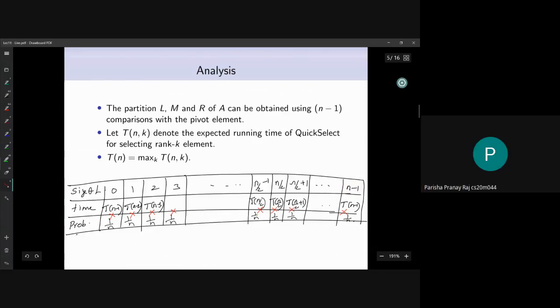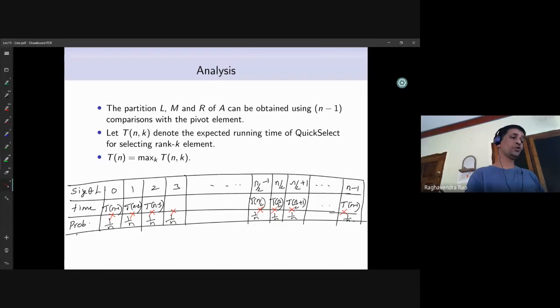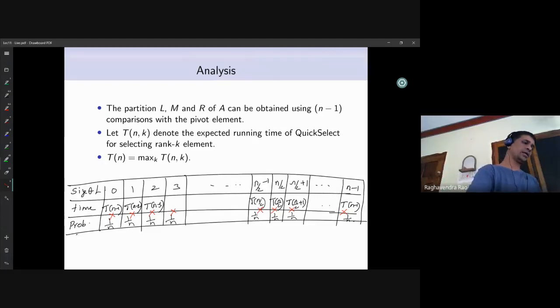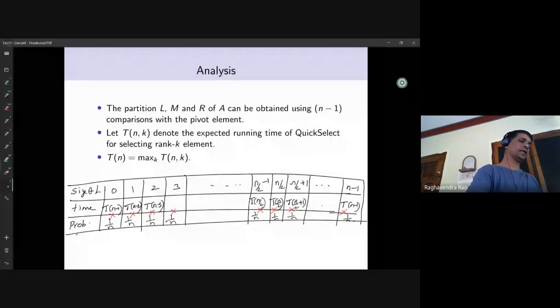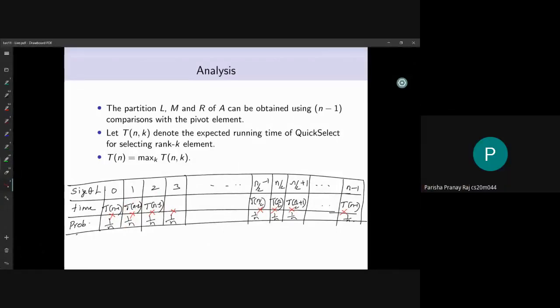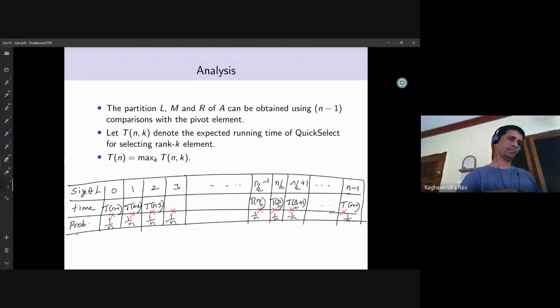Yeah, that is fine. I don't understand the part where we were multiplying the probability with the time complexity. How do you compute the expected running time, right? You add the probability times the value, which is the expected value when the size of the subarray for recursion is n minus 1, into the probability of getting that, and so on. That is what expected value is, right? Yeah, okay, thanks.